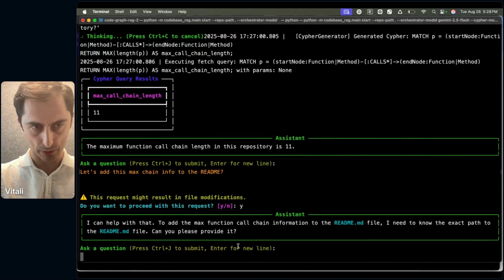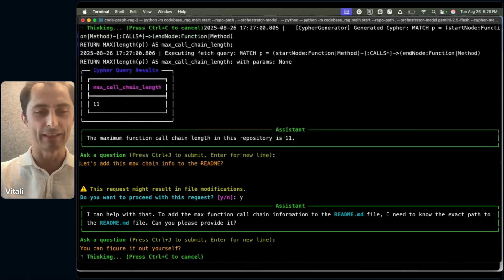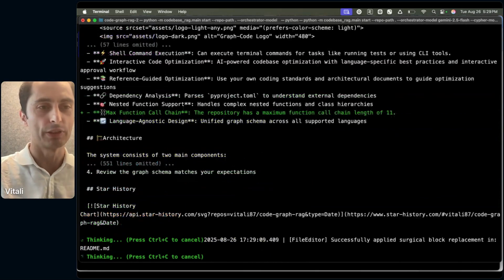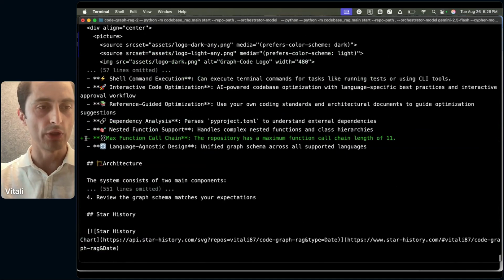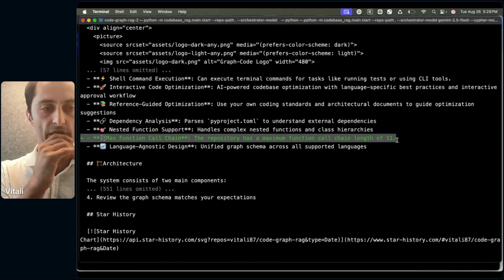And I need to know the exact path to the, okay. You can figure it out yourself. So this is exactly what the agentic system is. Sometimes it can be dumb and you need to steer it a bit. But as you can see here, it just visually shows that. So this specific